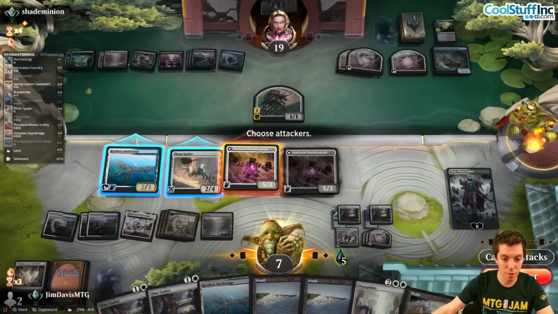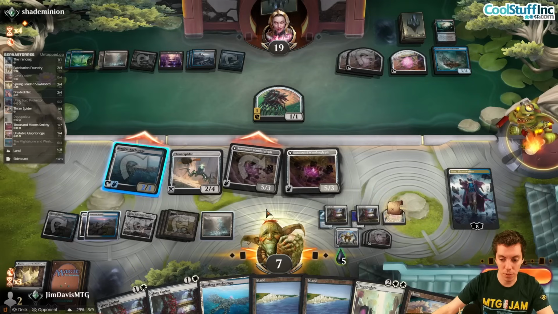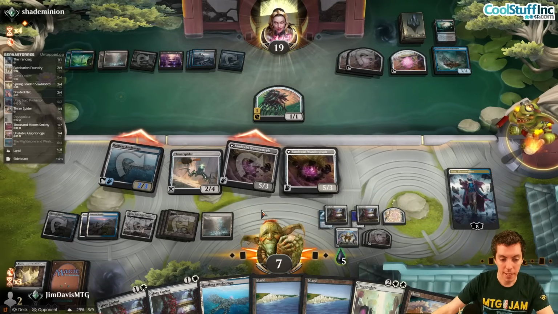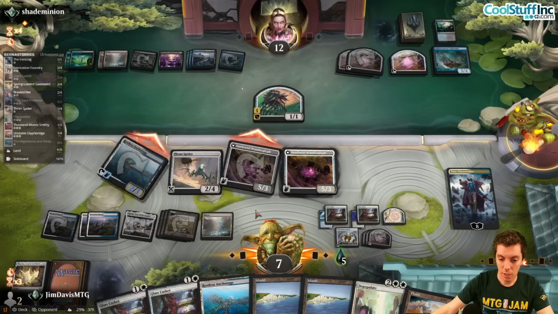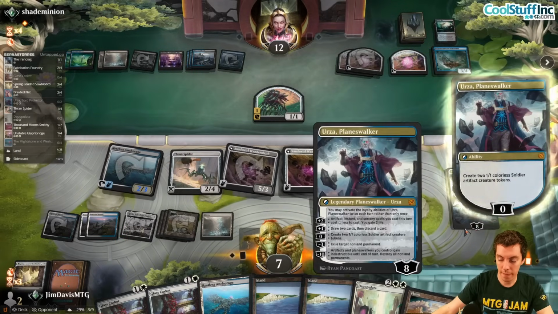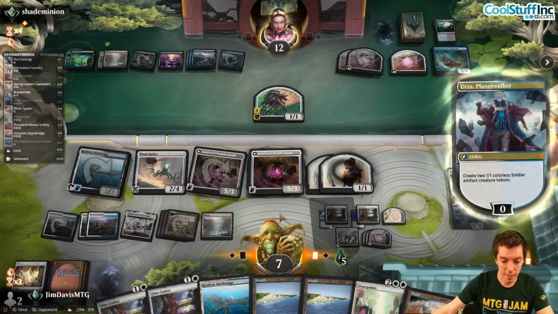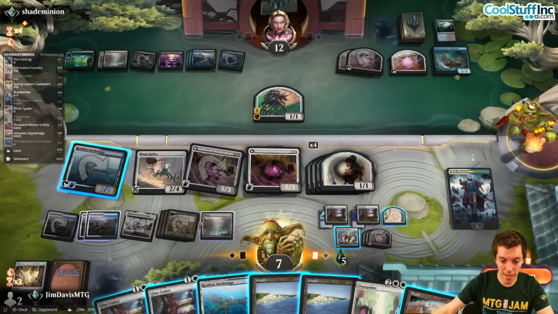Attack with these. They have Schooner on defense. Make a map token as if he didn't have enough crap in play. Attack for a bunch. We're gonna make tokens. Make tokens. We have enough mana to...